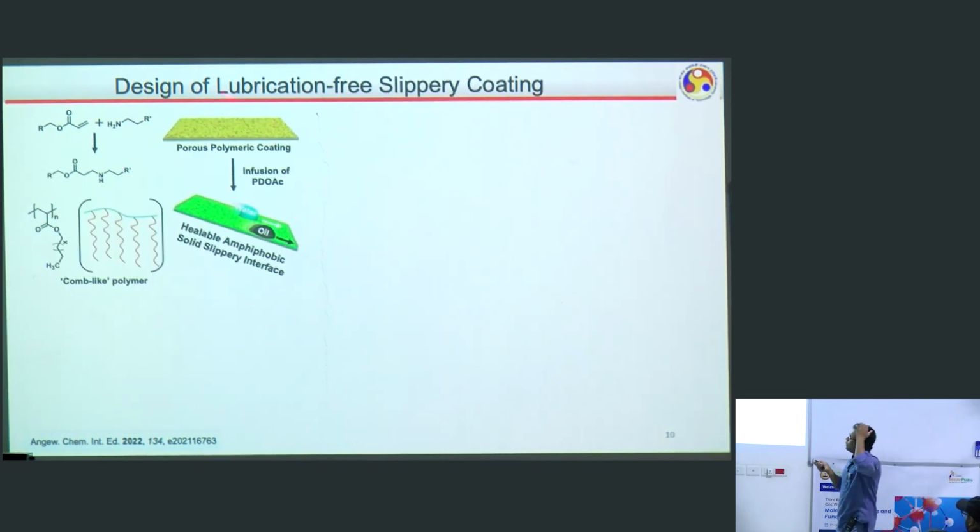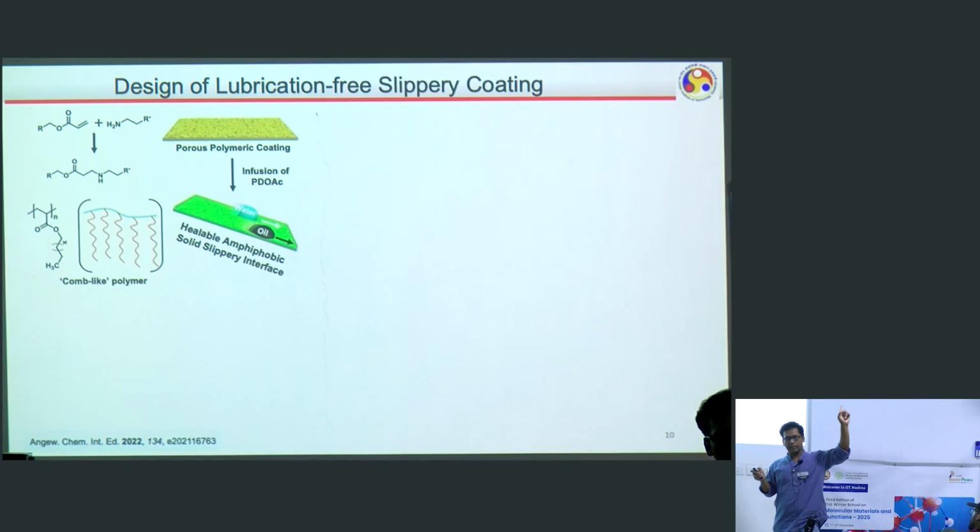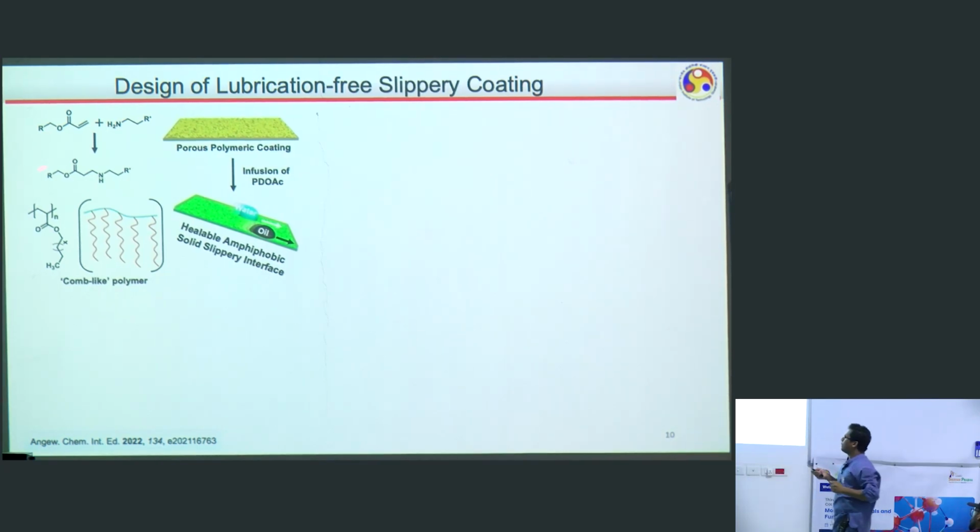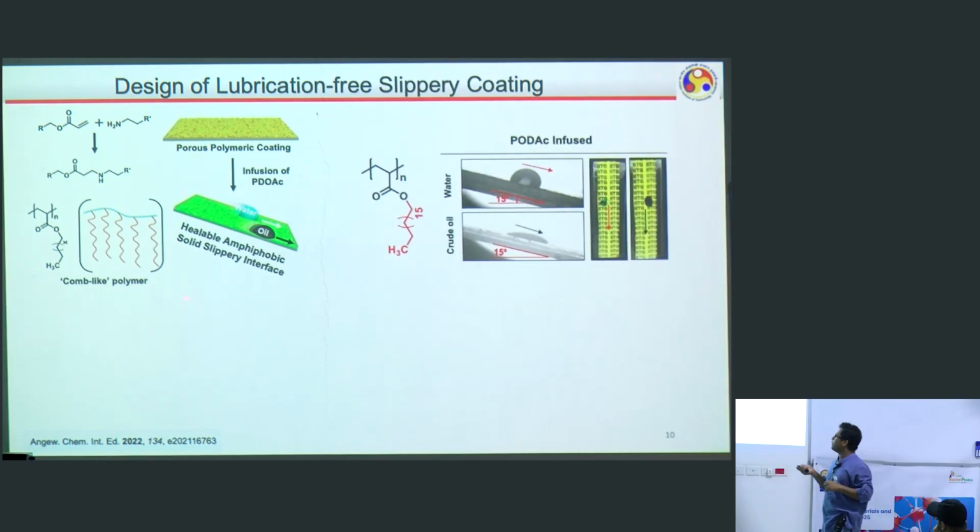How do we do that? It's the same porous polymeric coating I discussed in the last few slides, and we have taken this comb-like polymer. If you take this polyoctadecyl acrylate, the octadecyl group undergoes hexagonal packing. It's a crystalline polymer and it undergoes phase transition. It is in a solid state at room temperature, but if you go to a moderately high temperature like 51 or 52, it goes into a molten state. So taking advantage of these key properties of this polymer, we lubricated